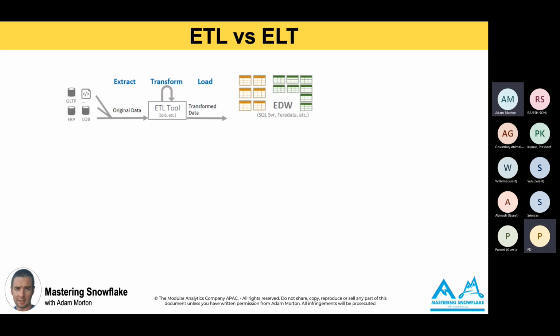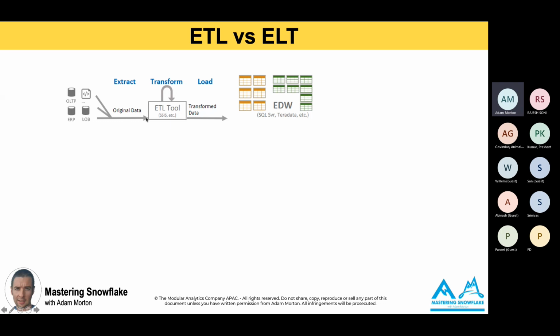I just want to touch upon the difference between ETL versus ELT as well. So in the past, if you asked anybody, 5, 6 years ago to draw a modern, at the time, data architecture on a whiteboard, you would get something like the following, where you've got your flat files and then relational databases.